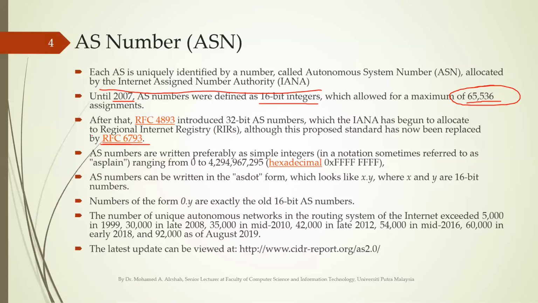Actually, we are not going to go in deep for this because this one is not that much related to our class of today, but at least we want to give you some idea about it and how it works. So the most important thing for the BGP is the ASN, or the autonomous system number. The autonomous system number was 16 bits like this. The maximum number was